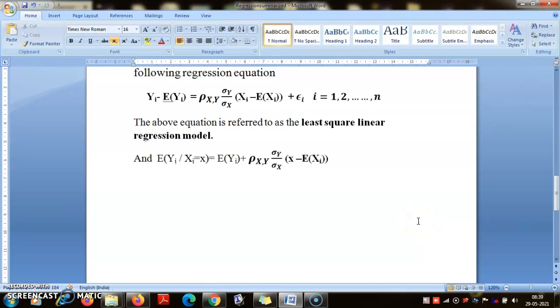So now the problems can be, suppose I give you the correlation coefficient and the standard deviations, then I ask you to compute the regression coefficient of y on x, or it may be the other way around. I may ask you what will happen if the regression coefficient is 0, and then I may ask you what is the range of the regression coefficients, and so on and so forth. Thank you.